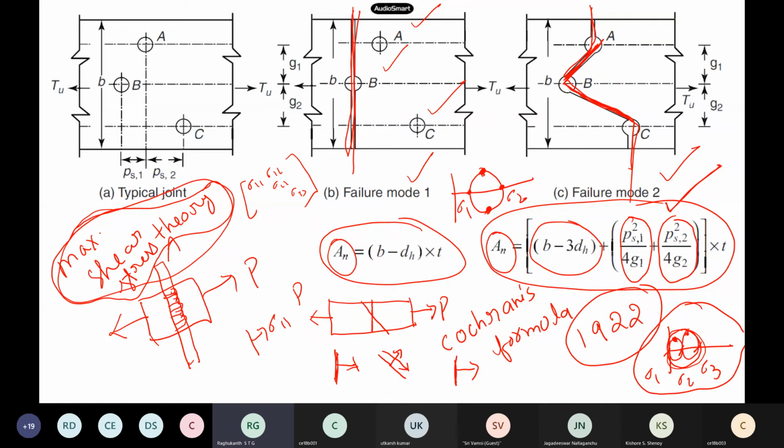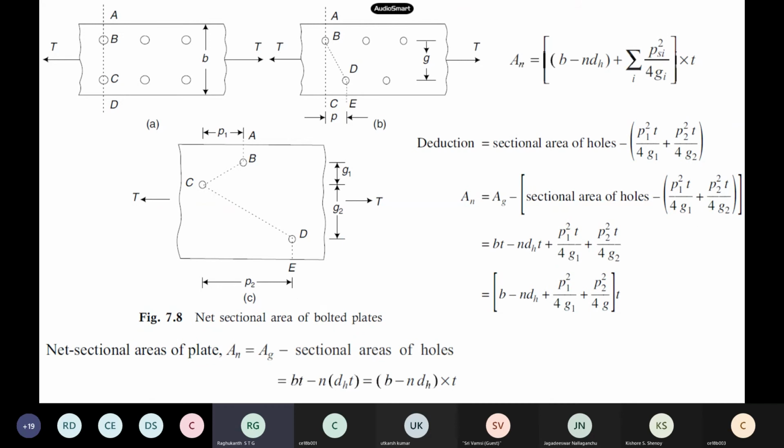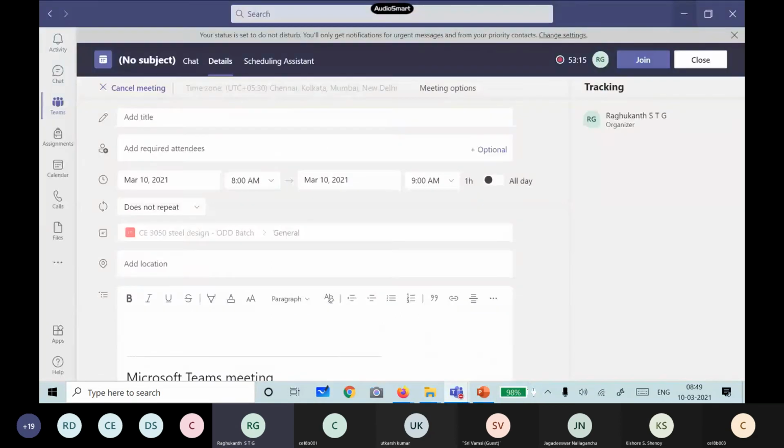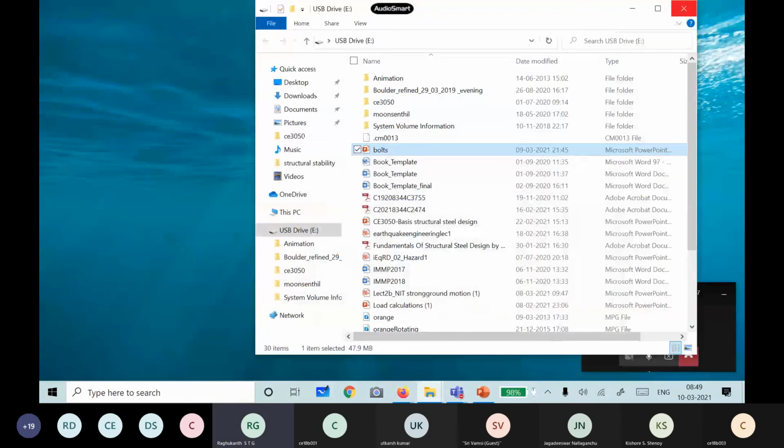So anyway, I will stop here. Next class, we will continue our discussion. Okay. Before we close, I think one person has asked me, I think on WhatsApp he has sent a doubt. That is for the packing plates, right? I think for the first problem of the assignment, they have sent some doubts.